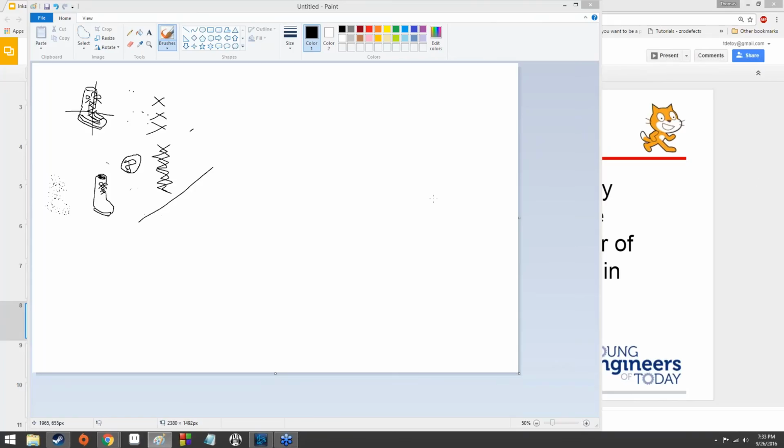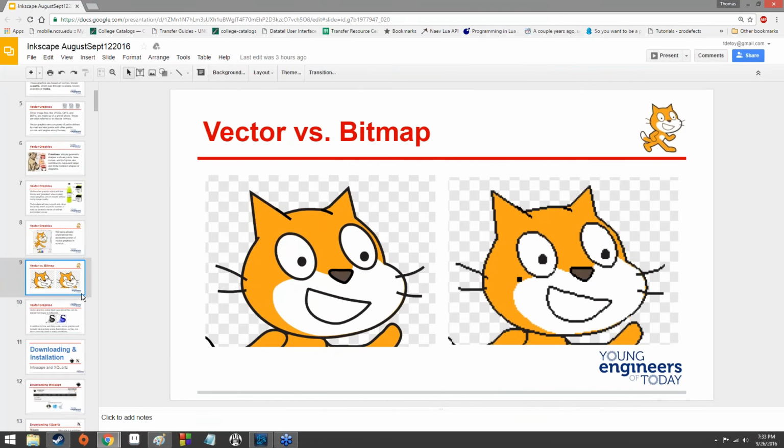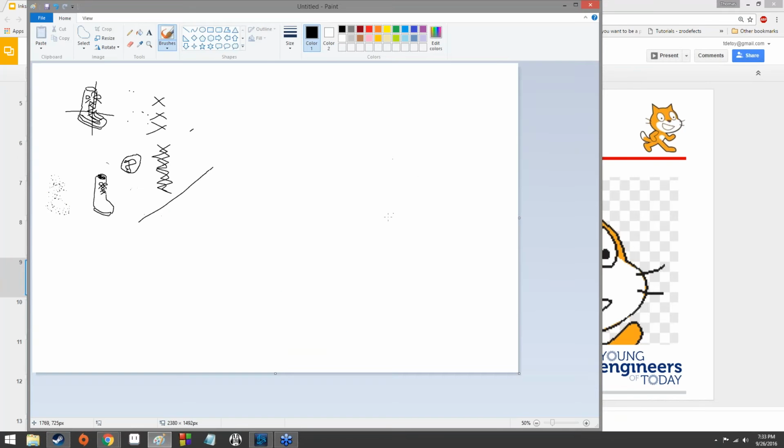Yeah, it doesn't really seem like many people have. That's fine. Okay, so here's the deal. You know how vector images are made up of cells and layers and groups and stuff like that? Well, you can make individual parts of a drawing be grouped. So let's say we have our dude here. If these are all individual groups, I can move the arm,